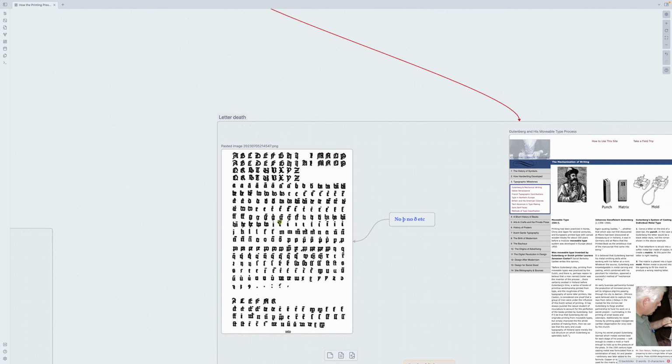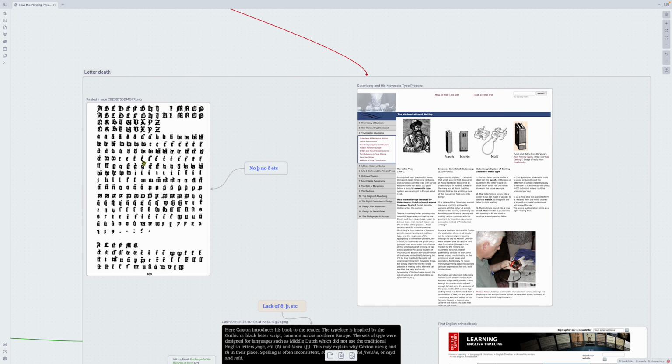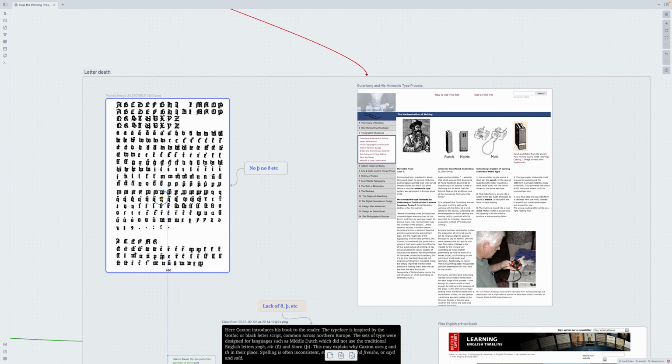But the reason why a lot of these died off was because the printing press of the time, the Gutenberg printing press, was developed by the Germans, by Gutenberg. And although I can't confirm that this is an exact character set of the letters that were able to be used,